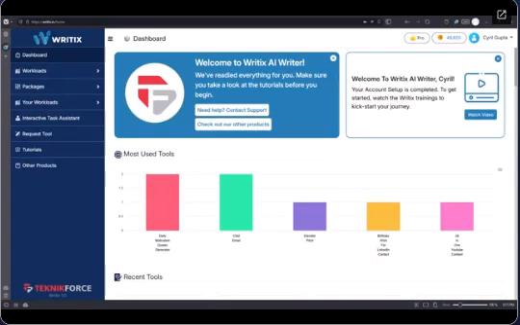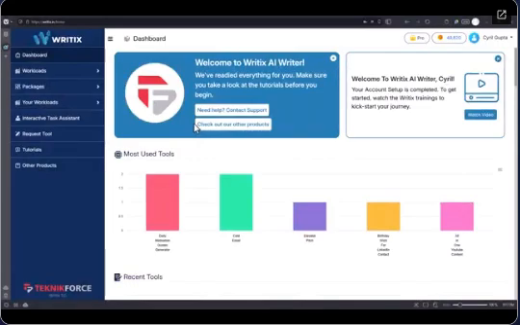Well, a few days ago I saw a stat that really shocked me. Even today, only about 25% of small businesses have adopted AI, and the bulk of them, that 75%, have not adopted AI in their business. Well, that needs to change, and Writix is the right tool to change that, because Writix gives you AI, but